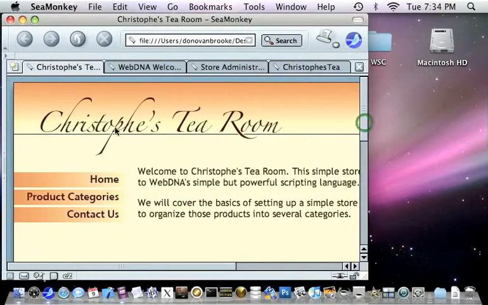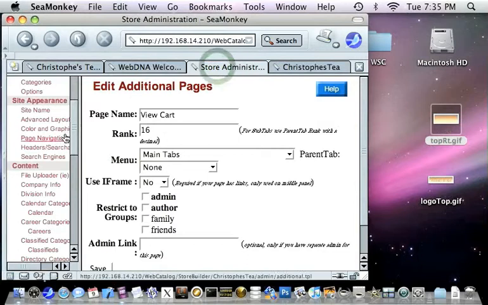Probably the first thing we could do is grab a couple of these header graphics. Size that down a little bit. I'm just going to click on this Christoph's tea room logo and drag it to the desktop. I guess while I'm here, I'm going to grab the right graphic as well and drag it to the desktop. Then we go back into the store admin,